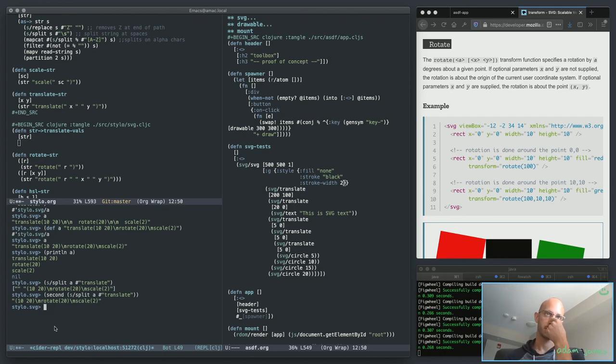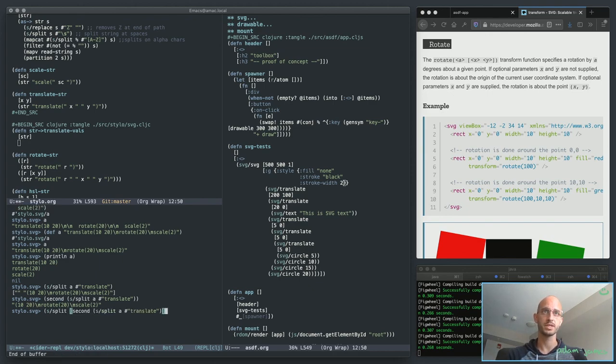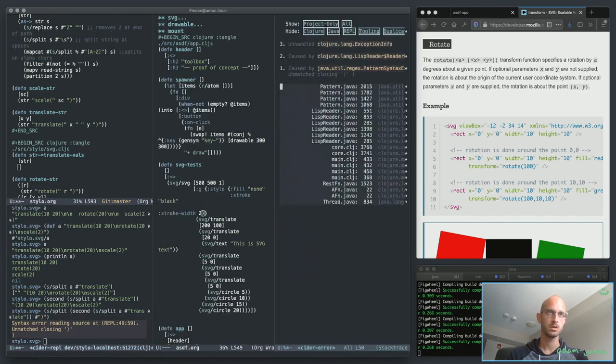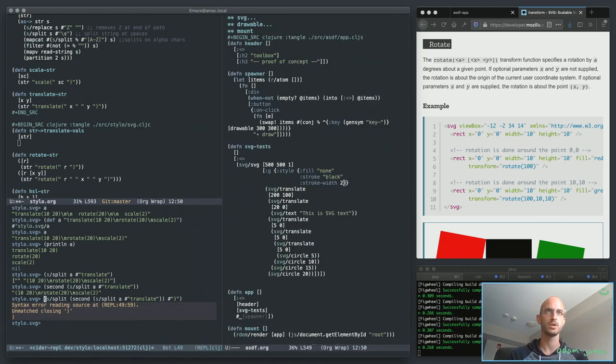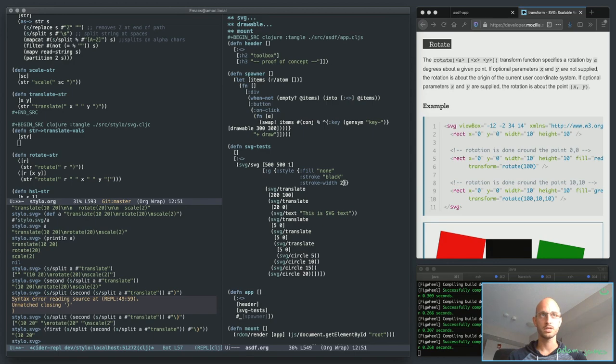So what I could do there is string split this whole business on a close bracket. Oh, maybe I need to escape that. Yeah, and then it's first of that, and then here, this,